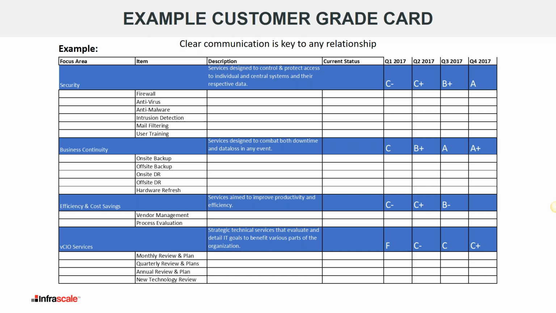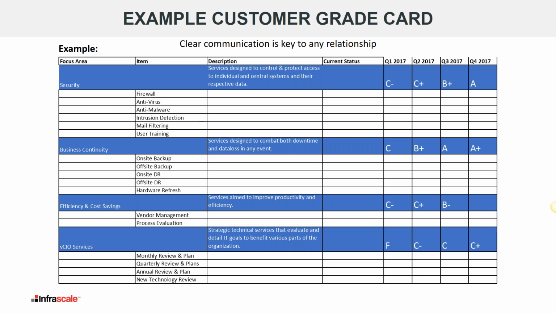And then all of a sudden you have this valuable relationship. You're now a business asset. You have other business group leaders in that meeting. Now you can start moving on from security and business continuity and start looking at efficiency. How can we take over your vendor management? We want to look at some of the tools that your people are using and suggest some improvements or some consolidation.